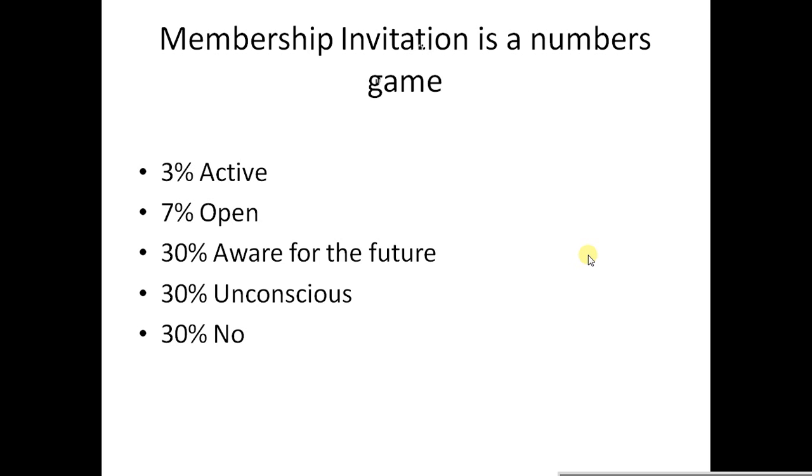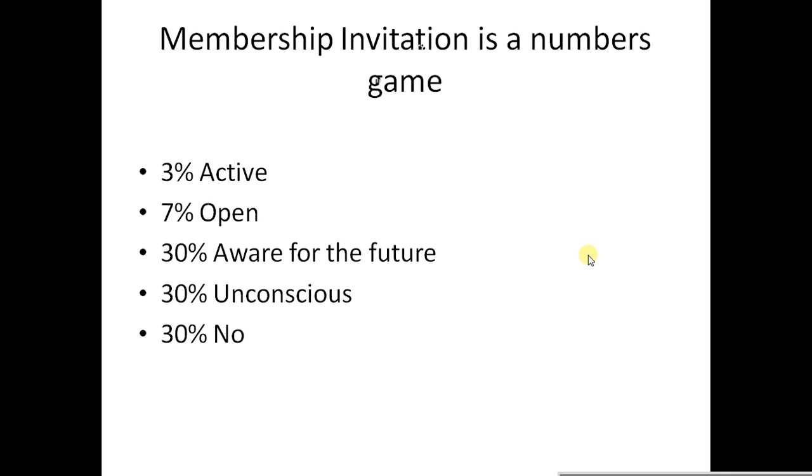These people have no concept whatsoever. And then, of course, you have your last group that is completely no. They may know about organizations, but they have no intention. These might be students who are clearly there just to go to school. They have so many other things happening in their life that they just don't want to join anything. So it's not even about you. It's about them. They don't care to join.